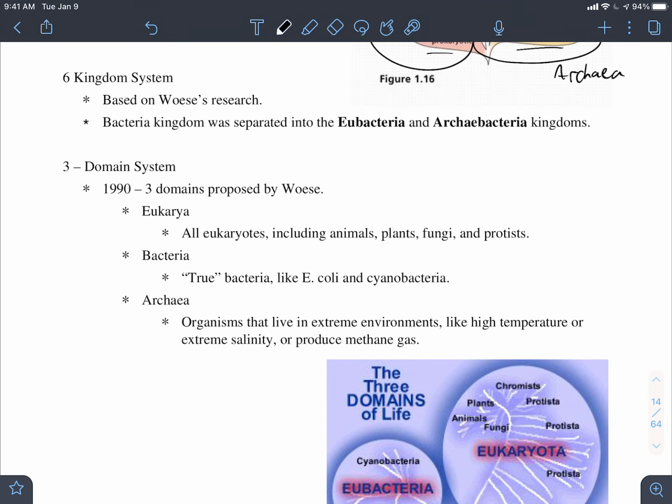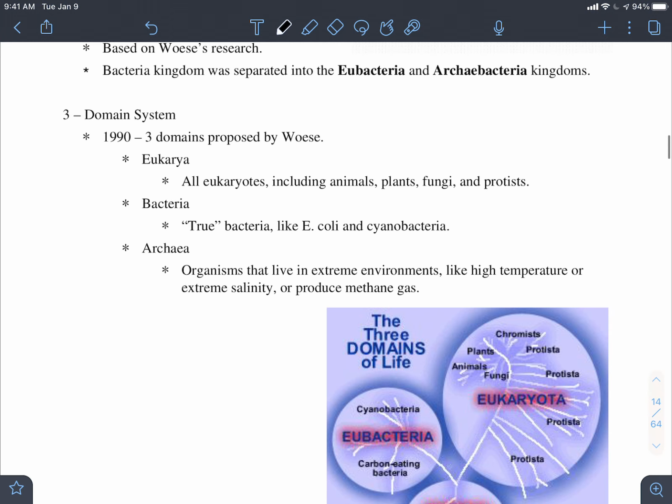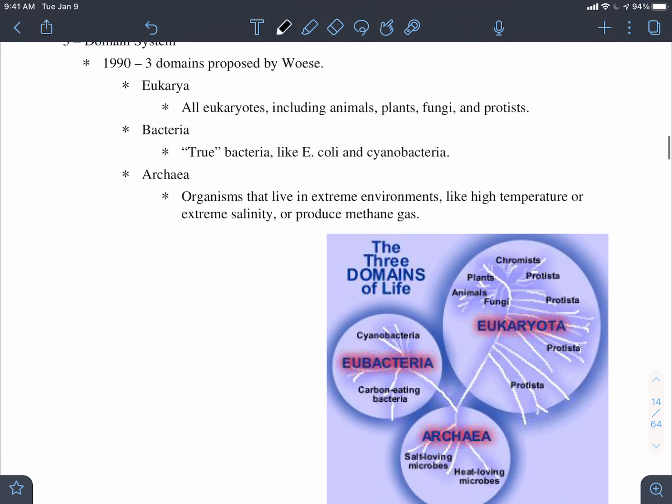So this became the Eukarya, which are all eukaryotes, which is your animals, plants, fungi, and protists, and then your bacteria, which are your true bacteria, so your E. coli and your cyanobacteria, whereas your archaea are these extreme living organisms. Archaea are very archaic, that's where the name comes from. They're a very old type of organism in that their DNA does not seem to have changed very much over millions of years, I guess billions of years technically. So their DNA has changed the least maybe out of all of the organisms. So that's where the name archaea comes from, archaic.